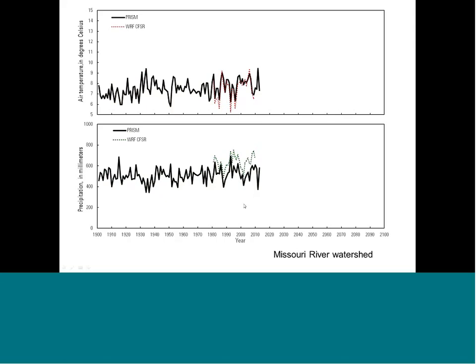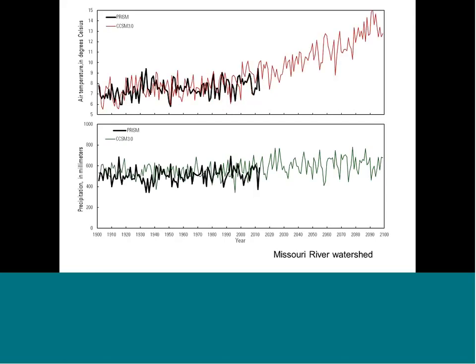We did check other physics packages for precip, and they all did the same thing. All right, so I just got rid of those lines, and I just wanted to show you the CCSM raw data. Again, this is for the period 1901 out to 2000. It's simulating the behavior of climate, not the actual ups and downs, right? But you can see there's a pretty good match there in precip and in terms of temperature as well for the Missouri River watershed. This is, again, the average for each water year for the Missouri River of annual temperature and annual precip, and then marching out into the future.